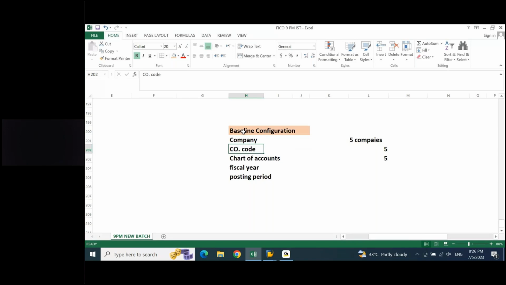It is not possible. Agree with me? I cannot show all the settings. Let's say, just as an example, there are some 30 steps in the baseline configuration. I will be taking at least 1 week to explain and show all these 30 steps. In that 1 week, whatever I did, you may practice on a daily basis.